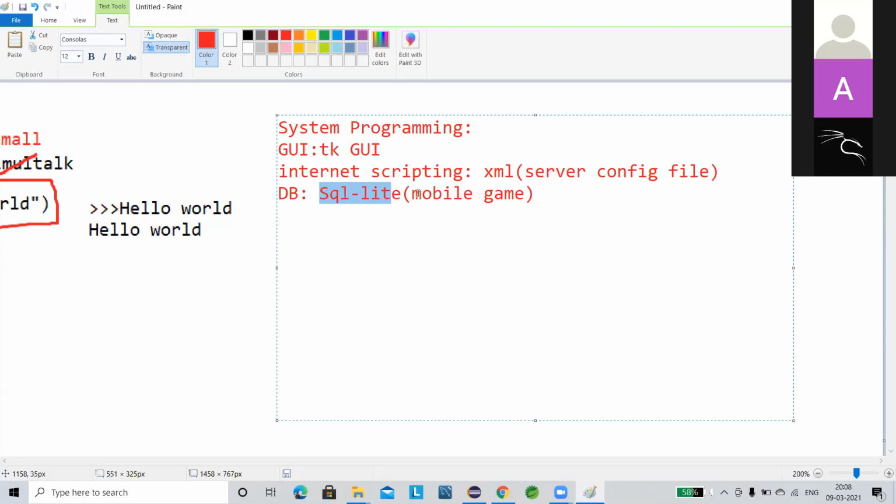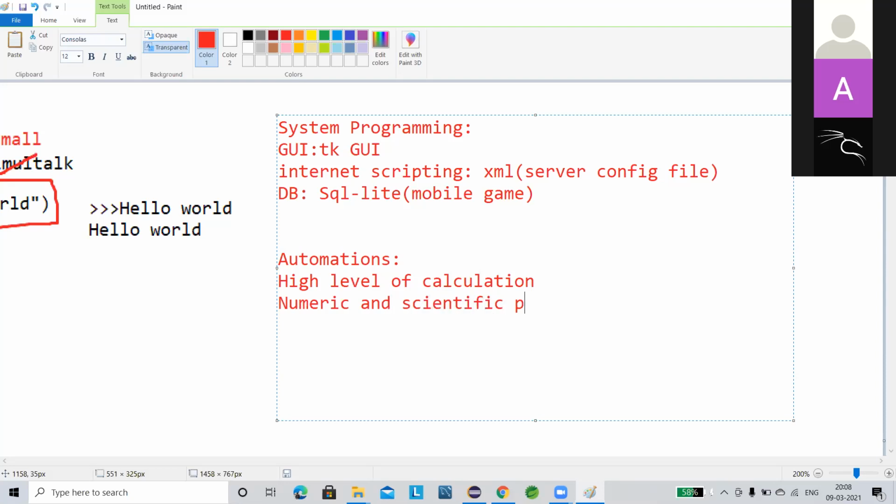Next, mostly where we use Python, first of all, is for automations. Let me write down these: automations, high level of calculations, numeric and scientific programming.